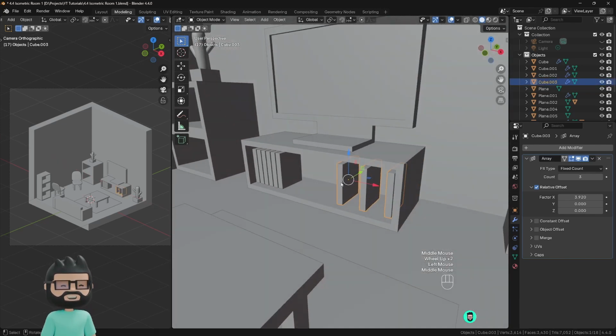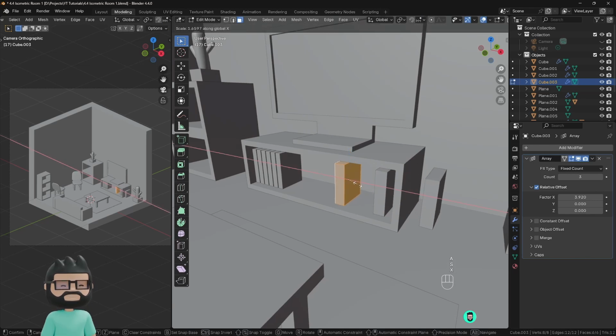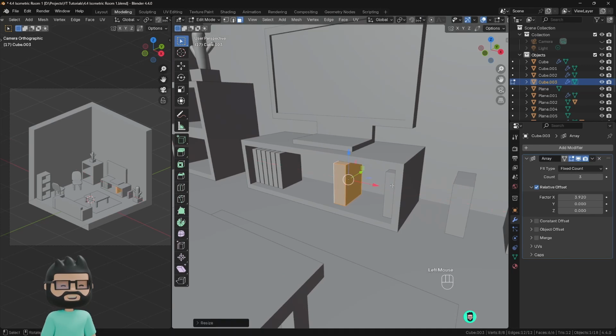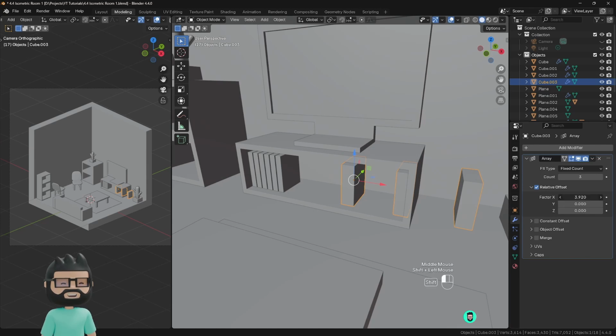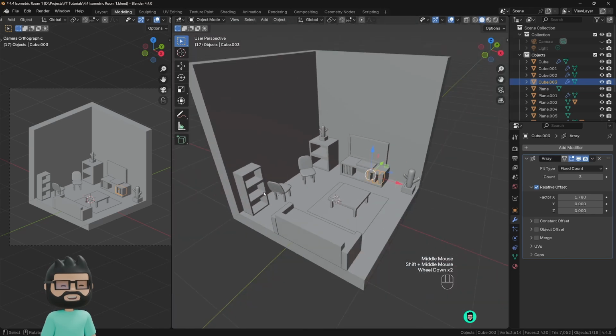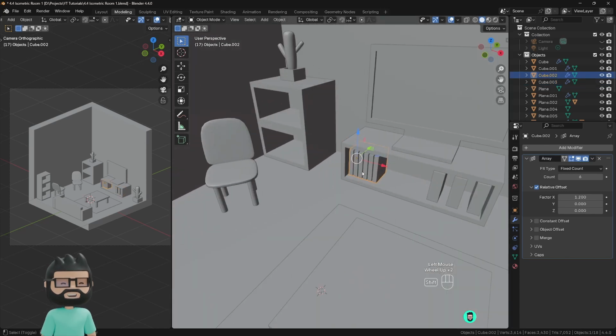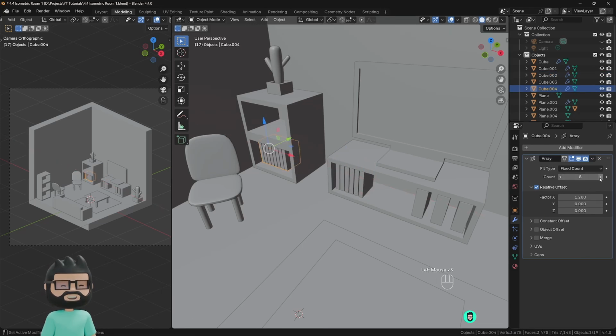And let's also go into edit mode and increase the thickness. So you'll notice when I'm increasing the thickness, the distance is also moved because the relative thickness is getting increased. So let's adjust it, and we're done. I also want some books here and here, so I'll just duplicate this again, Shift D to duplicate, X to move, and let's move it here, and let's increase the count, and let's do the same for